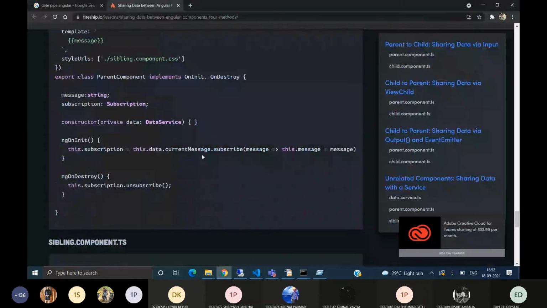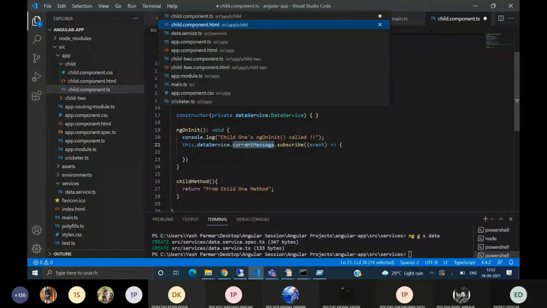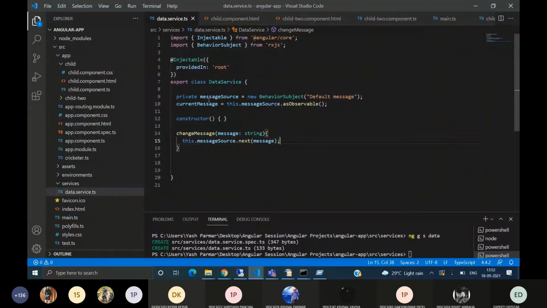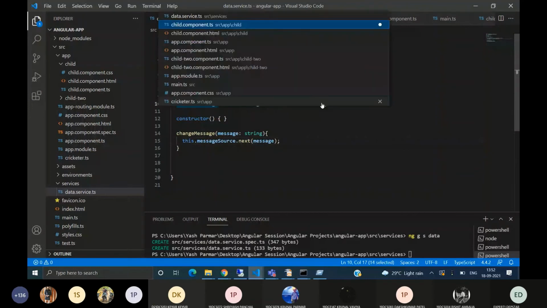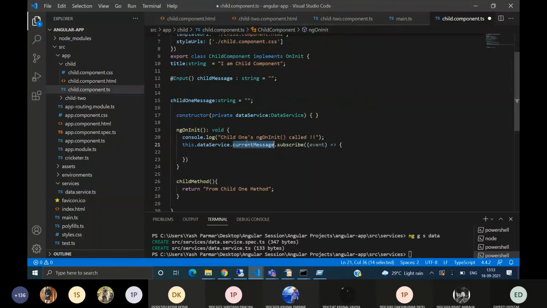What this does is that currentMessage in the data service is being subscribed, which is an observable. This observable is subscribed. So whenever this method is called in any component and this messageSource is updated, this currentMessage will be observed, and the change will reflect in this, and wherever this is subscribed, we can get that data through the event.